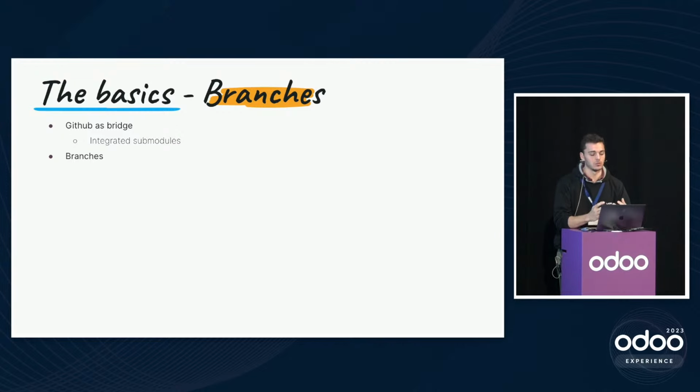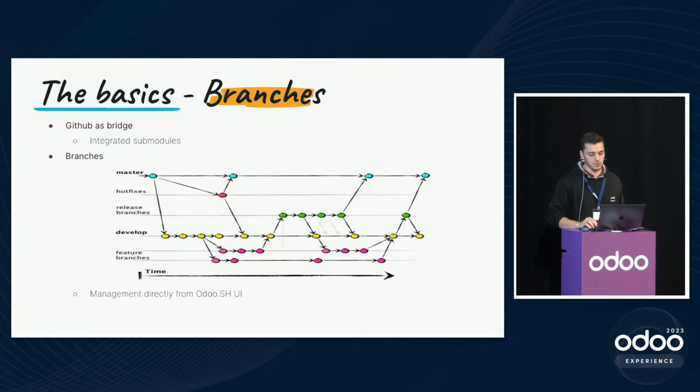And those versions can be illustrated as branches. So a branch is a version of your code that is, as we can see from the graph here, if we can say, like a